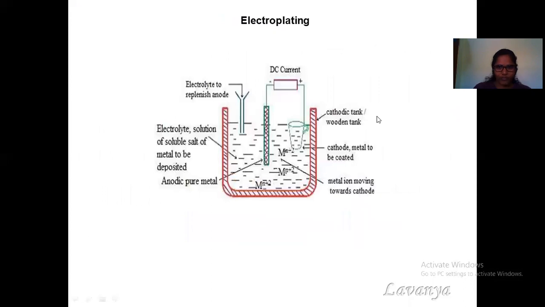So here I'll show you the picture. This is the object that I want to coat with some other metal, and I took an electrolytic solution of whatever I want to coat on our base metal as the electrolyte, and this anode can be any metal. As I told, it can be the base metal, the coating metal, or any other metal. If I take a noble metal, I should add the electrolyte continuously, and then ionization takes place initially. The metal ion goes to the cathodic area, takes the electrons and is deposited on this surface.